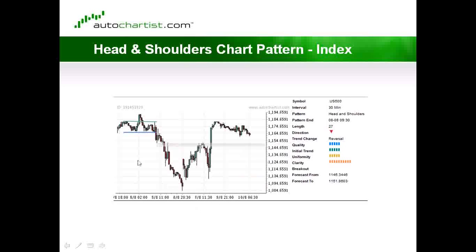For the stock index, here's the S&P 500 30-minute. You can see that the shoulders are almost equidistant and at the same level, and that's one of the reasons why we have this strong uniformity rating and this high level clarity rating, that the market did follow through to the downside, and then